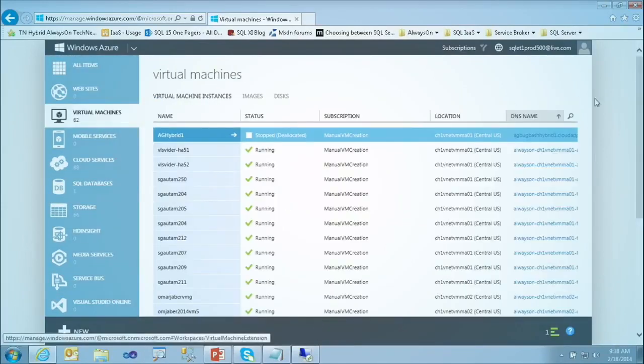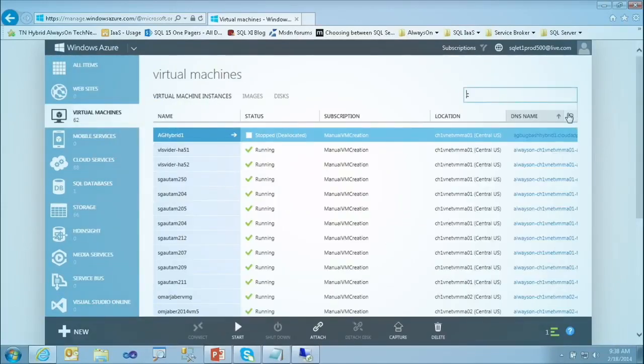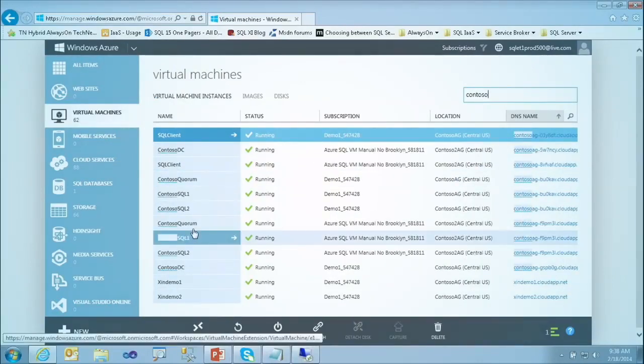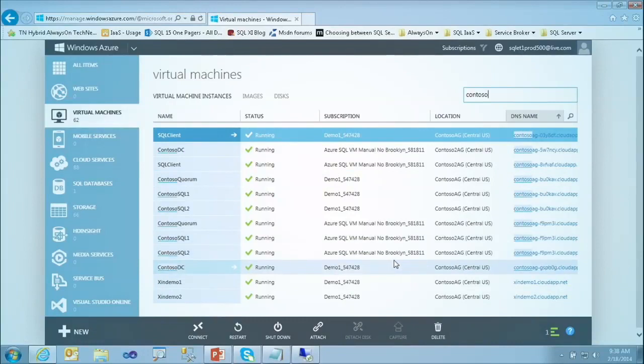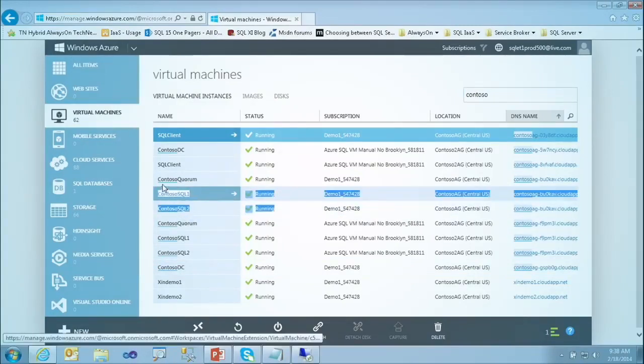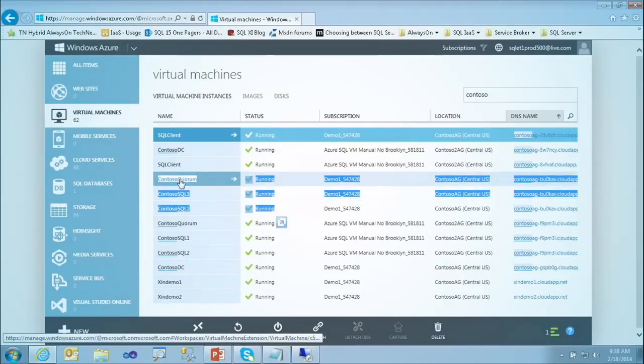Right. So what I'm going to do is just search for the ones that I'm going to be using in the demo. So if I choose Contoso, basically this is going to show me these SQL servers that I'm going to be using. So right now I'm going to be using these three. Right? So the interesting thing here is you see I have something called Contoso Quorum. So what I have here is a SQL Server